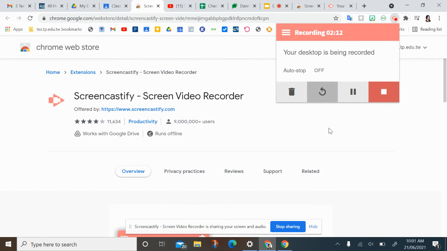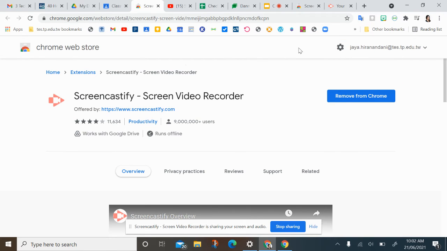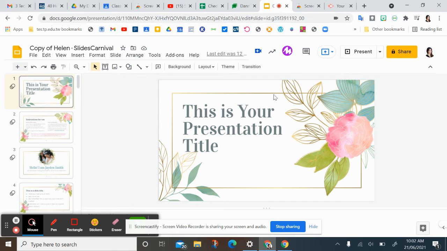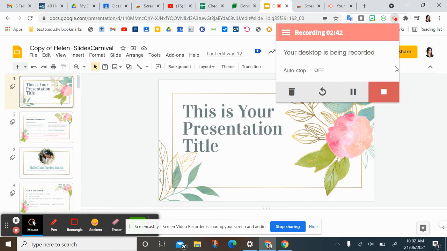it will show you the option to record. Okay, now I might have some screenshots for you because you cannot see what it will show you when you have not started recording yet. For me, my recording is already going on, so I cannot show you what it will look like before you start recording. So let's say that you click on the presentation, you're on your Google Slides, you click here, you go to Screencastify, it will give you the option of starting to record, and you will start